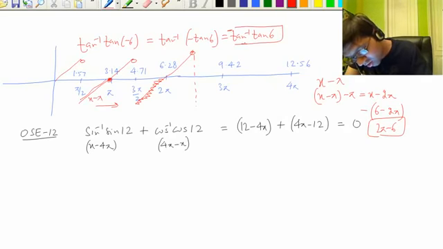Tan inverse tan x we are finding. How? 6 is present here on this section. It means this definition is to be used. To find this definition, we know the definition x minus pi. We're shifting it pi units forward, so we're replacing x by x minus pi. So finally it is this.